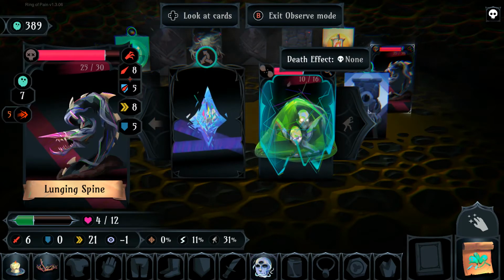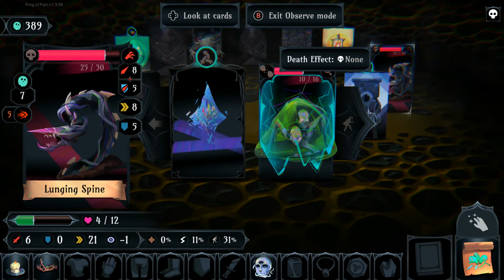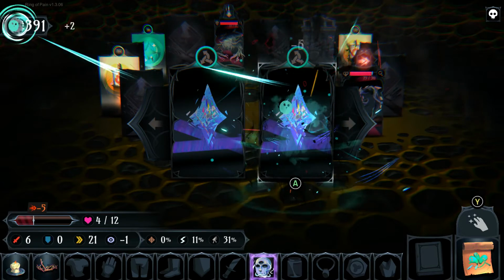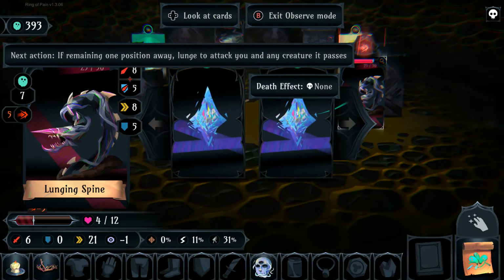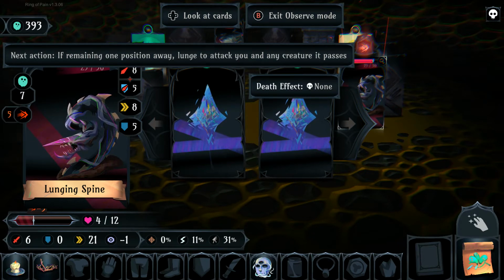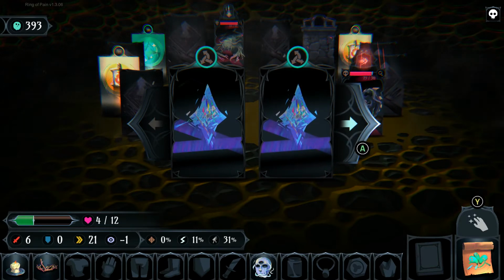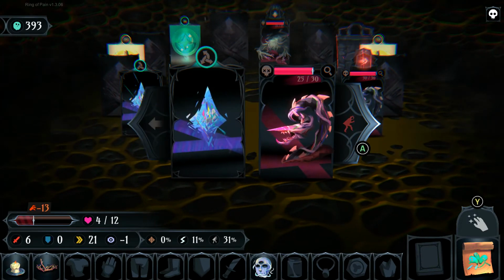Yeah, okay. So, lunging spine. Well, actually, that's not a turtle at all, as I thought. It's just literally a neck with a spine. Can I see what it does? Not really. Okay, now I can see its next action: if remaining one position away, lunge to attack you and any creature it passes. So, in other words, the way to avoid that is to intentionally move close to it. Close the gap. So it's not going to do the thing,